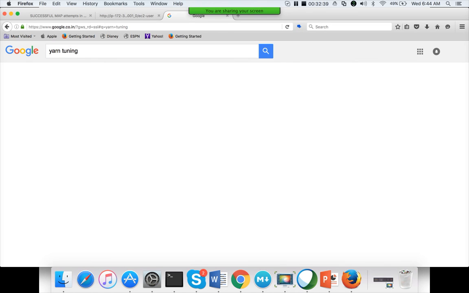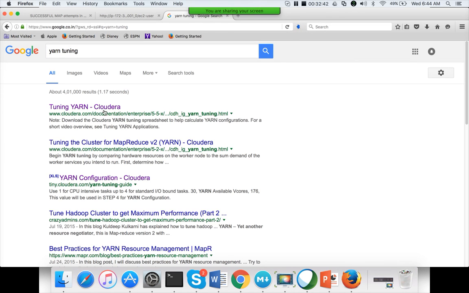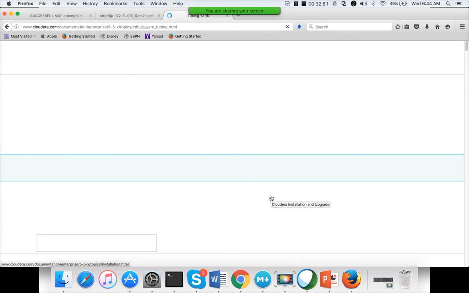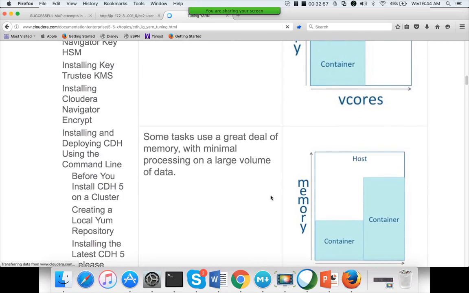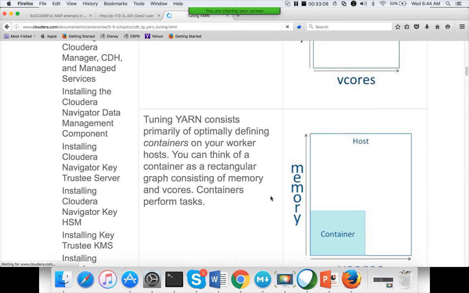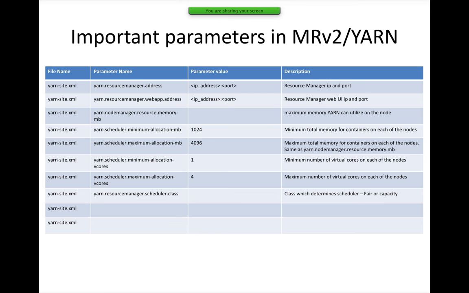Yeah, tuning. Yeah, this is the blog. So make sure you download or save it somewhere because they might change it in future. The URL might not work in future. Okay, so read through the entire thing. This is one of the best blogs I have seen when it comes to capacity planning or tuning the Hadoop clusters using YARN. Read through the entire thing multiple times and make sure you understand this blog in detail. Then your knowledge on managing the clusters will definitely go one level higher.